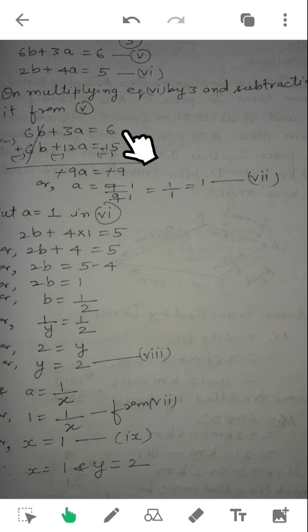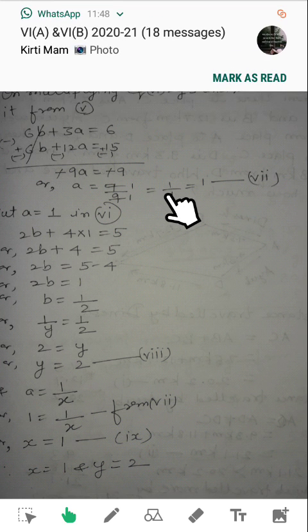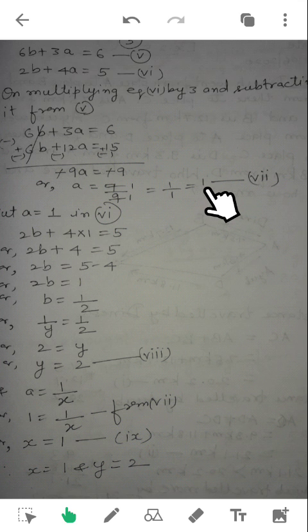Then here it is plus 6 and here it is minus 15. One is positive, another one is negative. We have to find the difference. The difference is 9. As 15 is the greater number and before 15 there is a negative sign, we put a negative sign here. This negative sign and this negative sign cancel out. Then we simply get 9a is equal to 9. As we have to find the value of a, we take this 9 to the other side. When we have taken it to the other side, both 9s cancel out. 9 ones are 9, 9 ones are 9. a can be written as a by 1 and this can be written as 1. So the value of a is equal to 1.